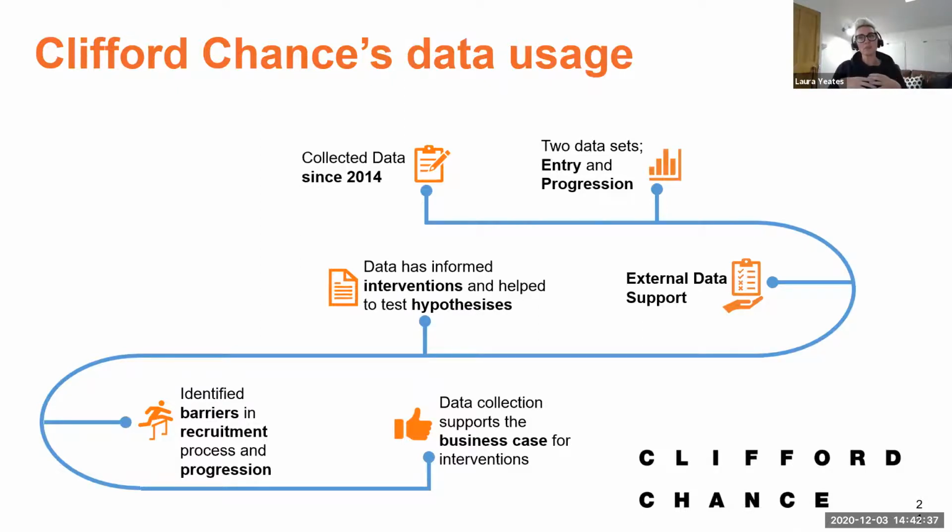But at entry level, we got this real full data set, and we were able to do some really interesting real-time analysis of campaigns, looking for barriers, identifying those barriers, and then taking real-time interventions to tackle those barriers for the subsequent campaigns. Building this data set allowed us to see our year-on-year progression and how we were performing when we were making these interventions. So what did these interventions look like? What were we doing with that data? What were the practical, tangible changes that came from that?